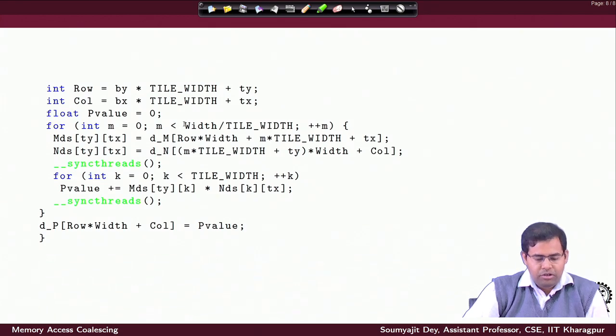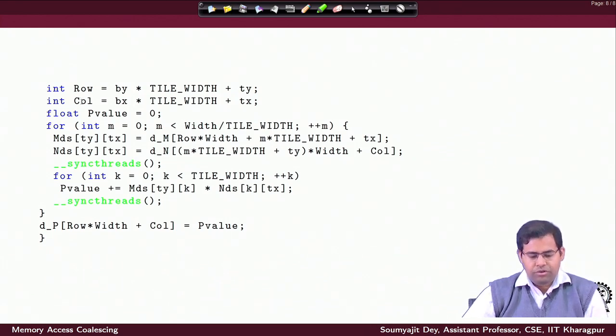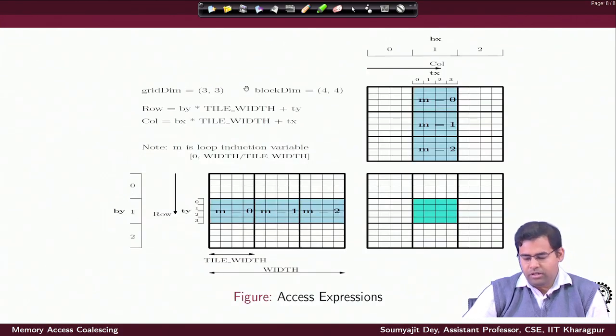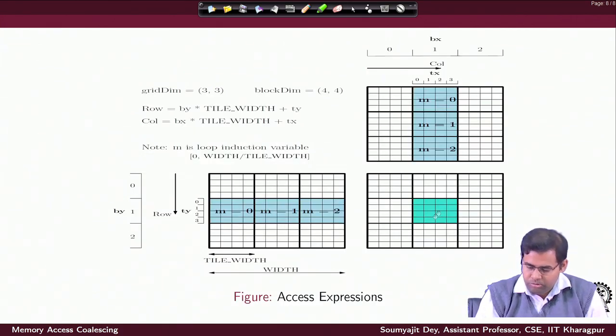So, to perform the actual loads, I first figure out the row and the column index for the locations. So, essentially what does this mean? I am putting in here two variables, row and column. If you just take the example of what I get out of block ID y and thread ID y of any thread, any of the threads are trying to figure out what is the location for which it is going to load.